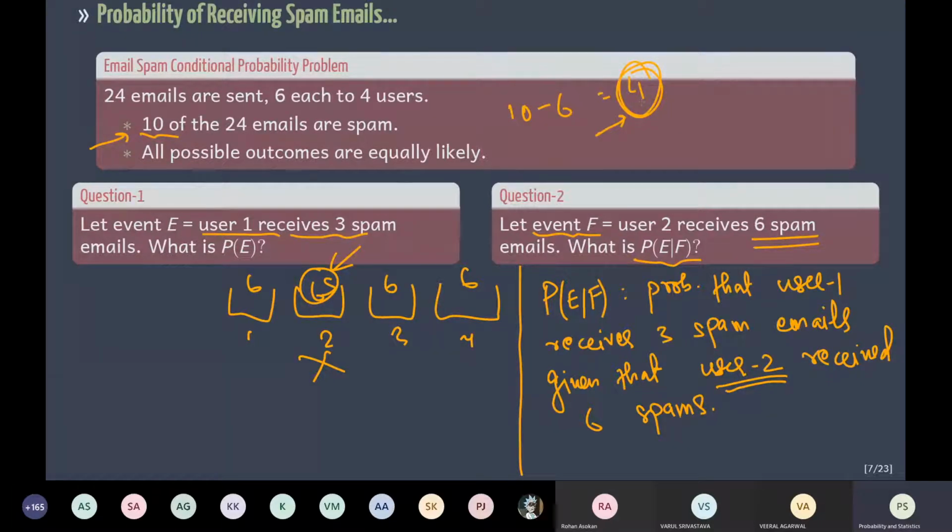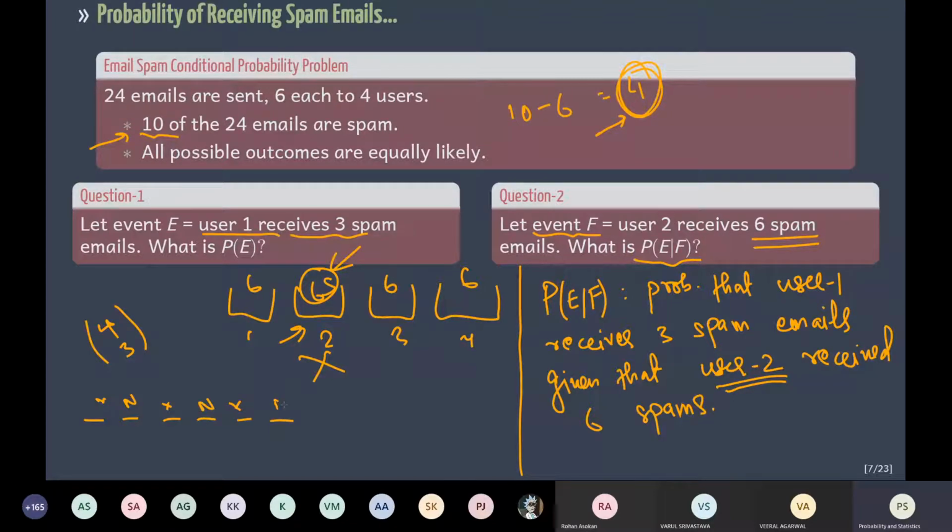Again, we go by the previous logic. The previous logic doesn't change. Only now we are given a condition, so things get modified a bit. The number of ways I can pick spam for user 1 would be the number of ways I can fill the 3 spam places, C of 4 choose 3, and for the remaining places,